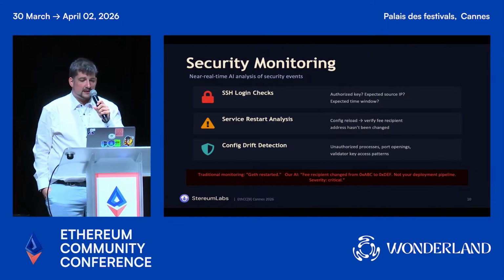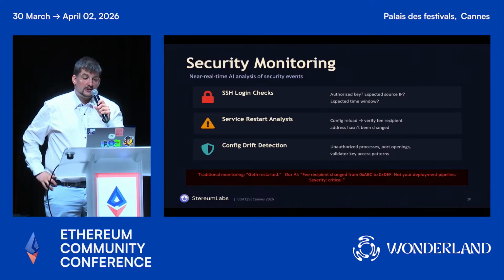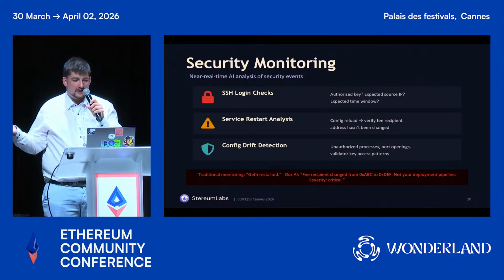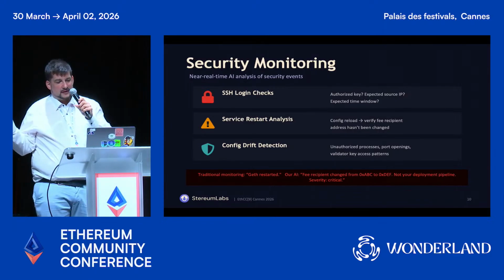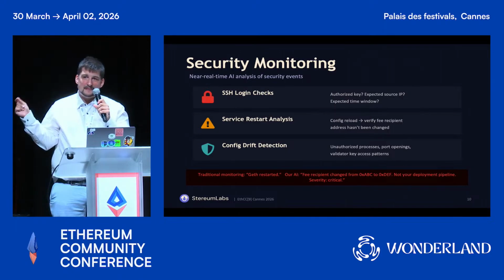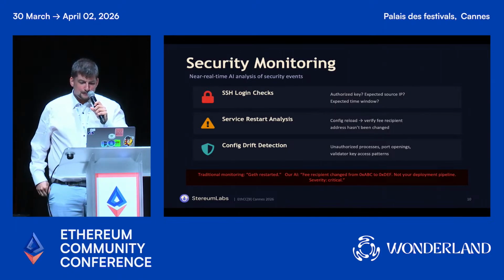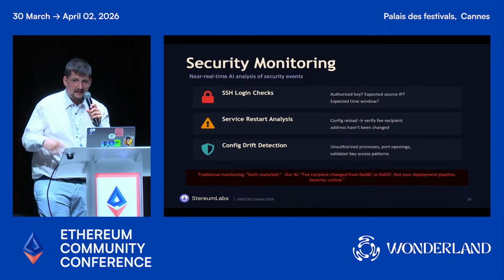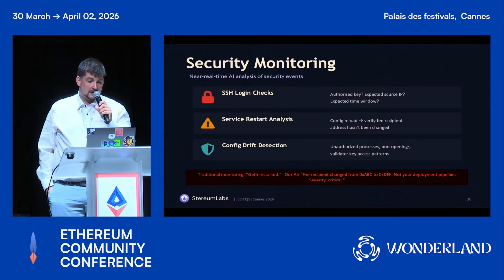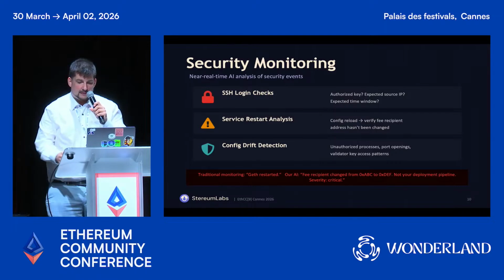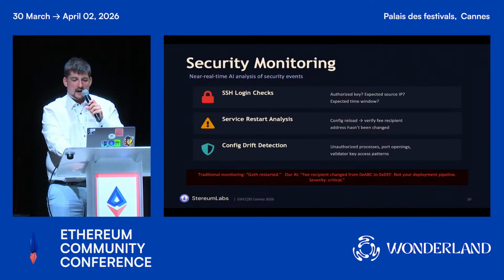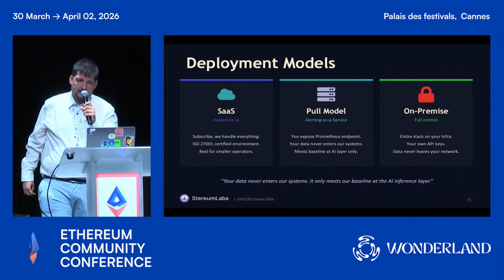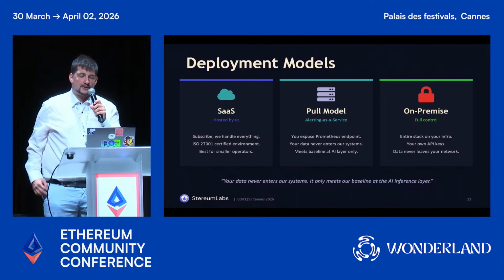So what we also always do is security monitoring. We do checks on every login. We do a restart analysis, which, for example, can detect a change if the fee recipient changed. We would give you an alert. This can mean big money loss. And of course, drift detection: if your configs change, I will warn you. So this brings us to the next question: how could this run on your system? How will it affect you?